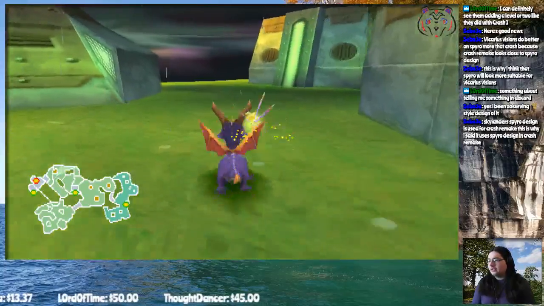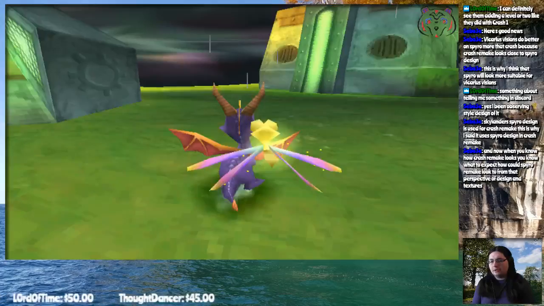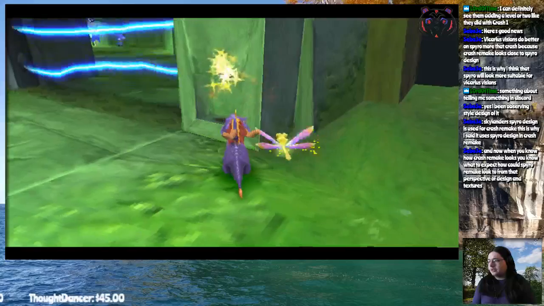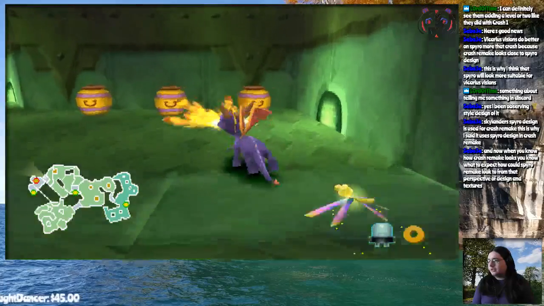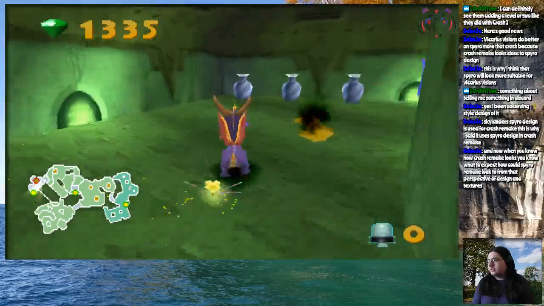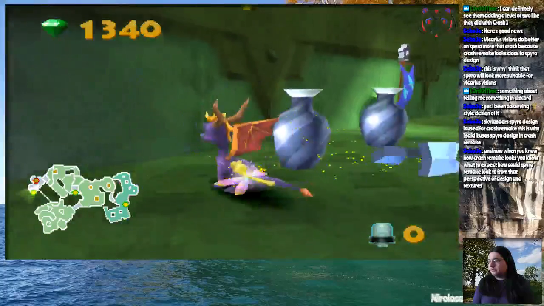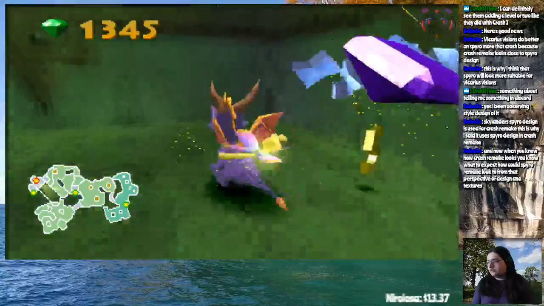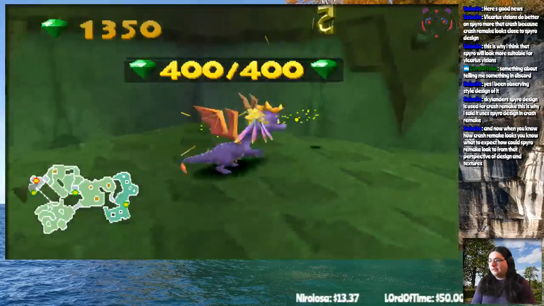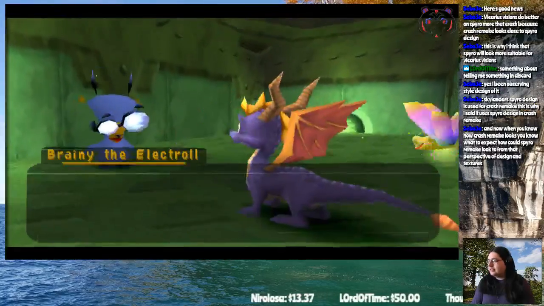Right, okay, are there any gems I'm missing? How many gems? Okay, I think I'm good. Good. 400 gems. And I got all three. Okay, good. So Hurricos is...